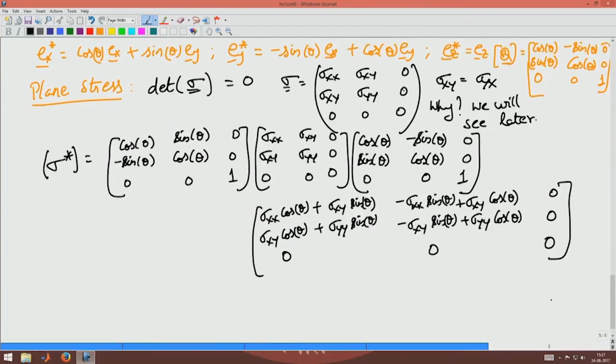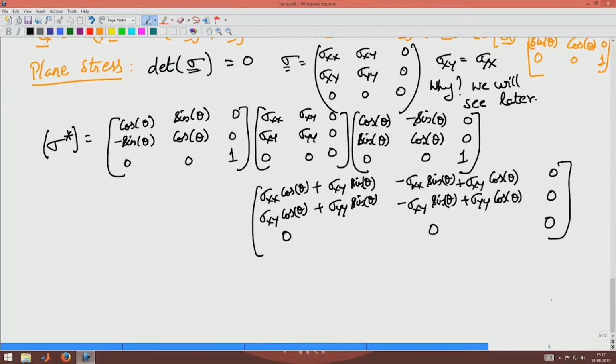Now, when I multiply this matrix with this Q transpose matrix,